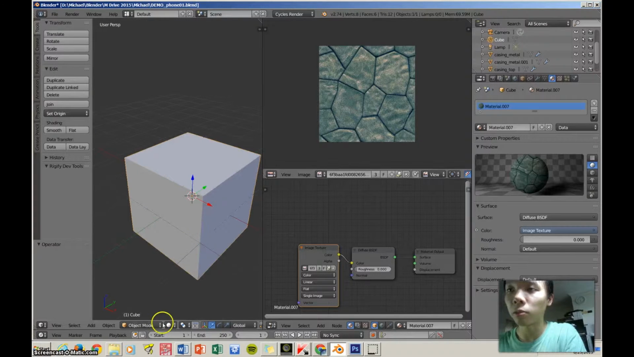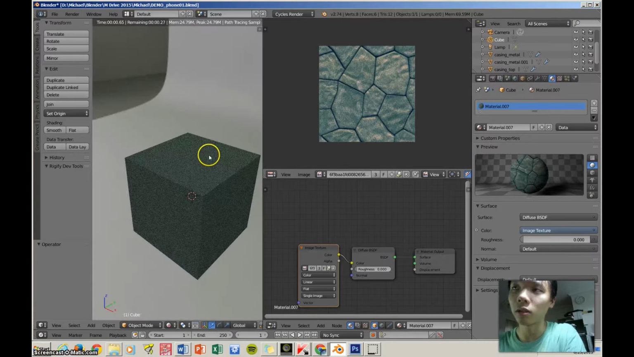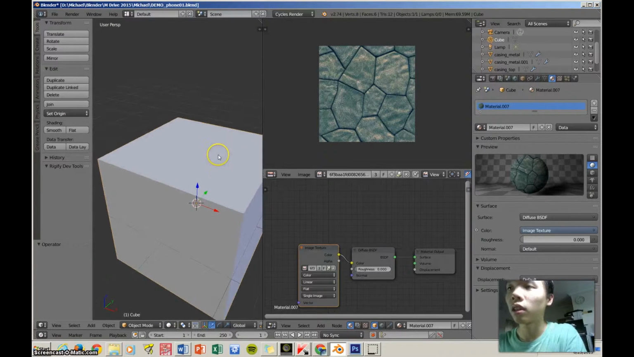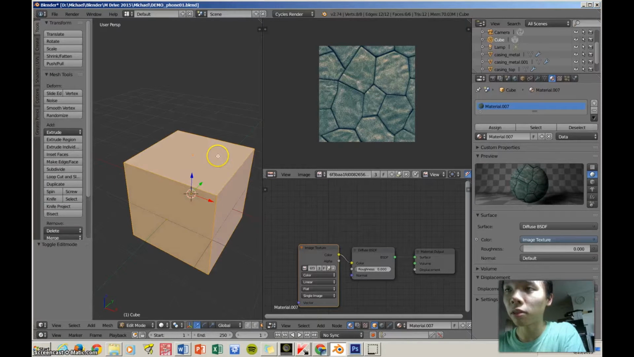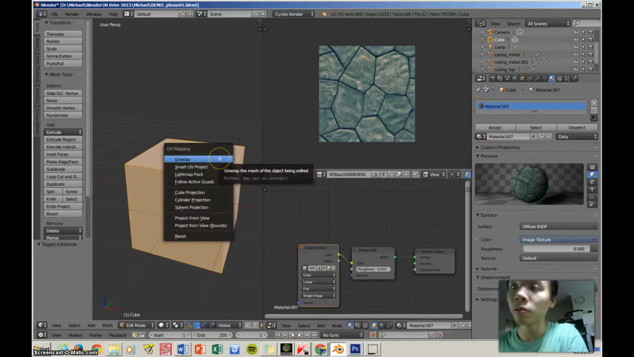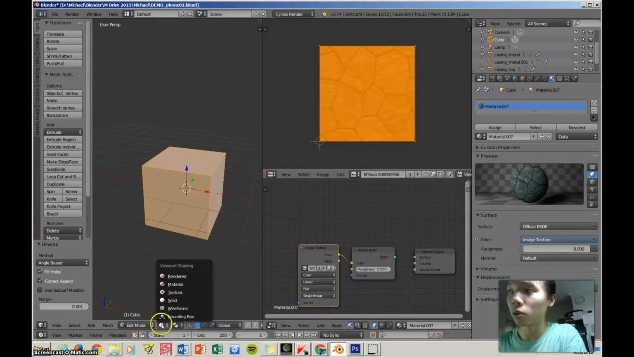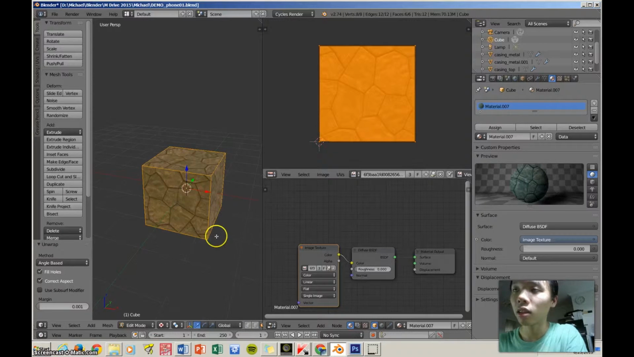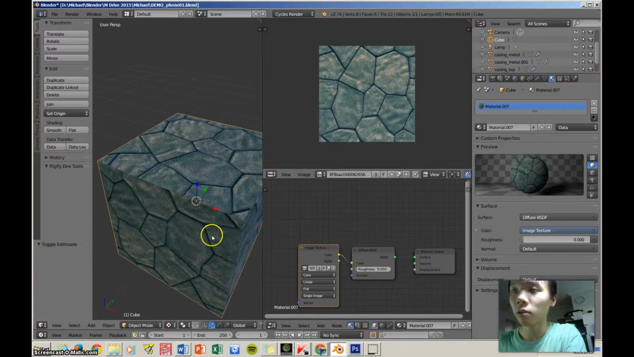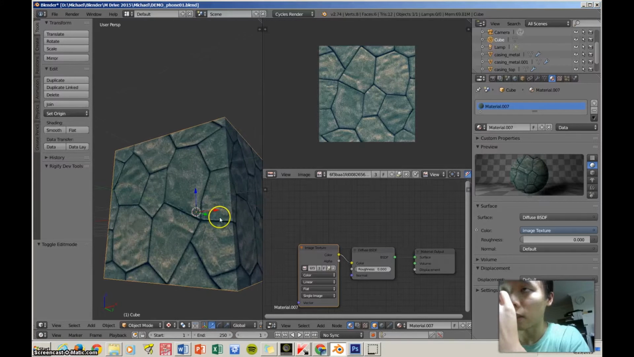Let's get out of render viewport first. Shift Z is the shortcut. I'm going to press Tab to go into edit mode, and I'm going to press U for unwrap, and unwrap. Okay, and if we go to the texture viewport, you see that, ta-da, it's mapped, and you see it's actually